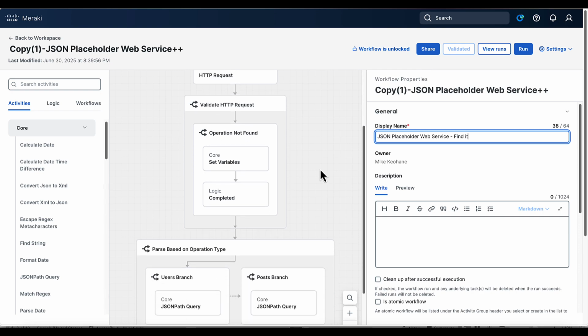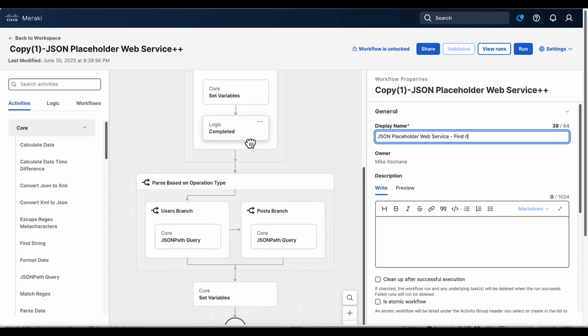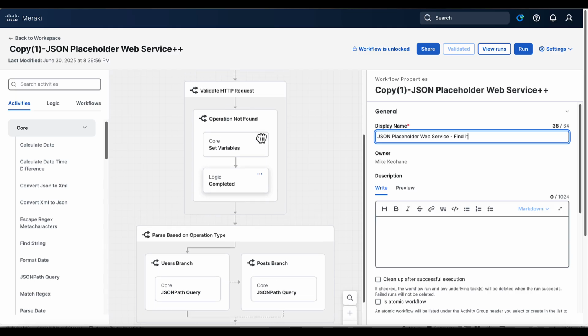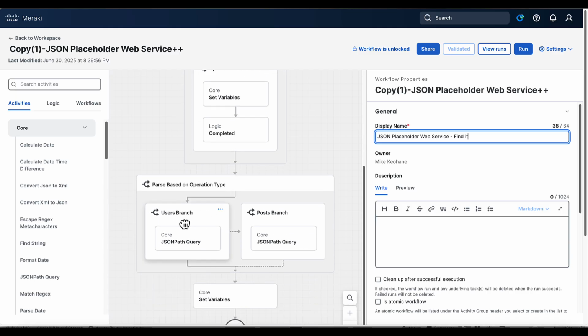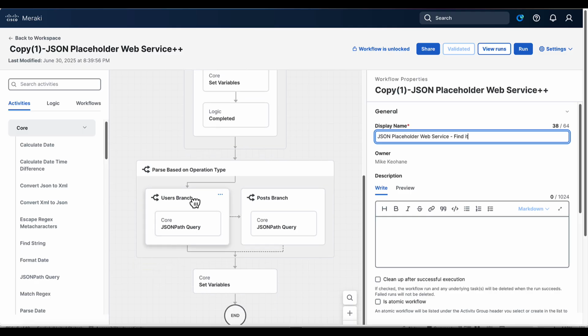So the last place we left off, we had branched off, depending on the type of request we were doing, we were handling users requests and post requests. So what I'd like to do is go into this users branch and the post branch and pull out more specific information related to that. We used a JSON path query to pull information before. If we click on that as an example,